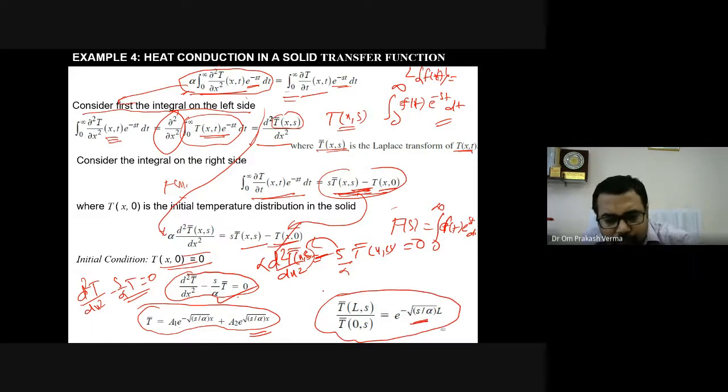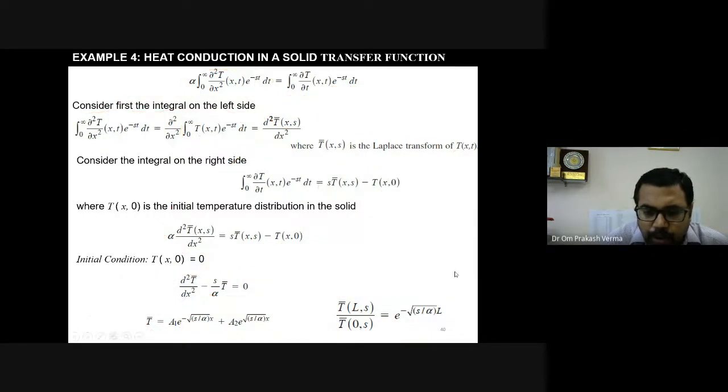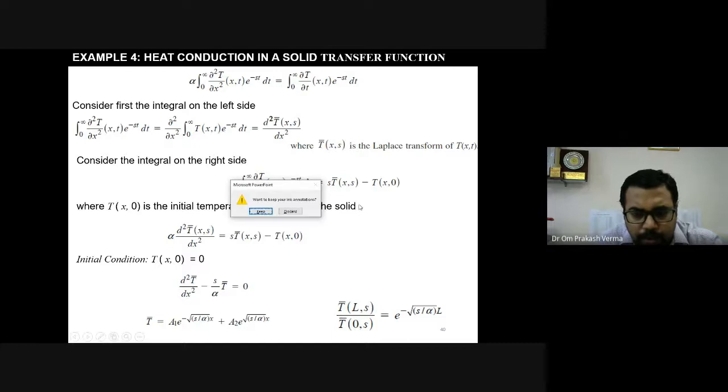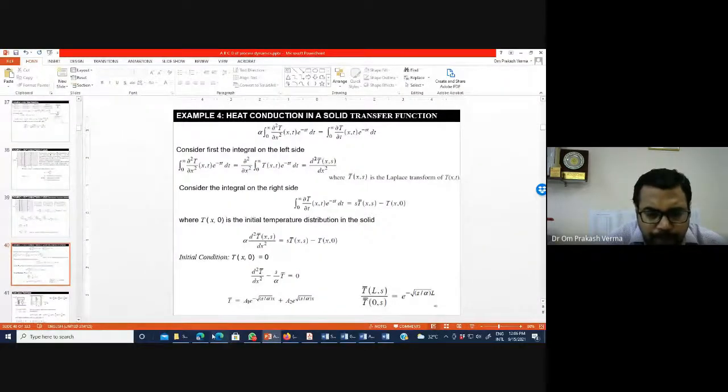So that you can determine the transfer function of the slab of the distributed parameter model. This is the simplest example. Now just try to revise this example, and I think it is enough for you today. Just go through and revise this equation, how we are going to develop it. And here I am stopping. Then I will talk to you.